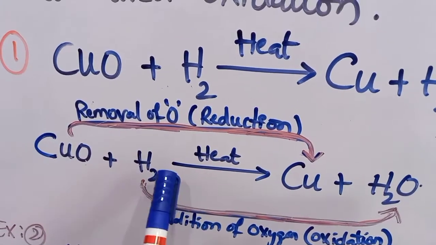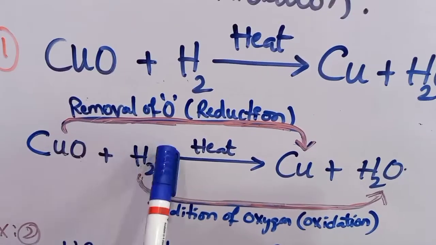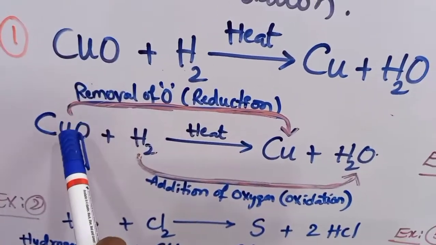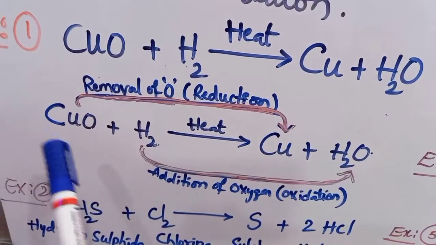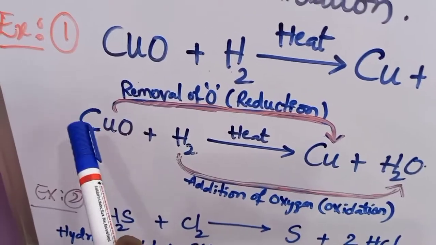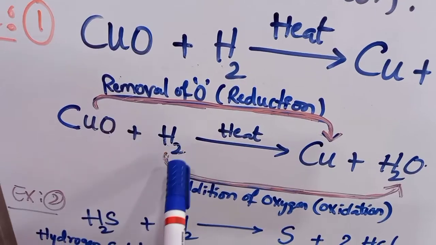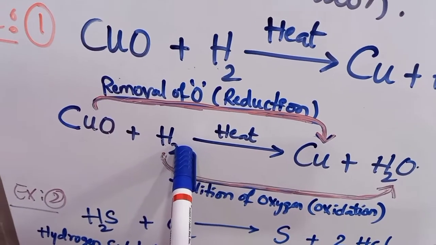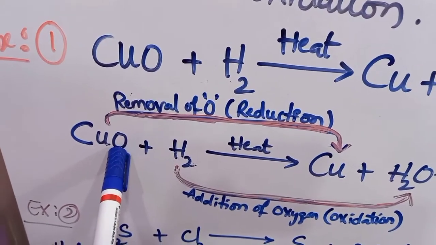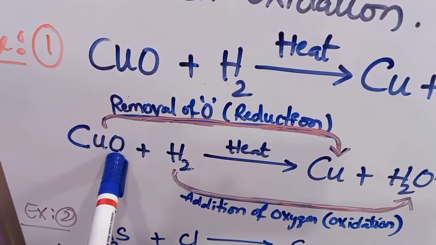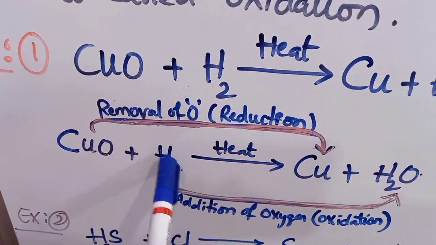In the same reaction, oxidation is taking place as well as reduction is taking place. So both processes are taking place. If one reactant is undergoing reduction, and the other reactant undergoes oxidation, in that case that reaction is called a redox reaction. Okay. And one more thing, always remember, the substance which is undergoing reduction always makes the other substance undergo oxidation by donating its oxygen atoms. See, CuO is undergoing reduction, and by donating its own oxygen atom to H2, it is making hydrogen undergo oxidation.